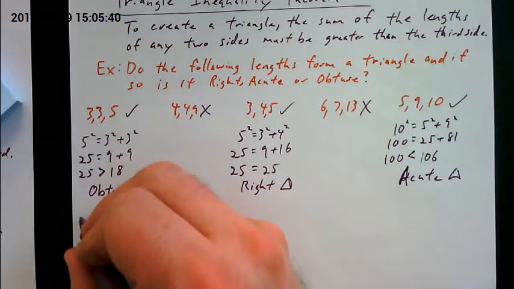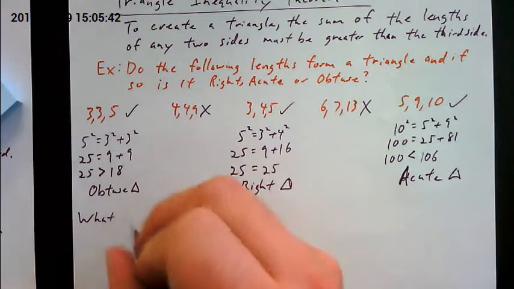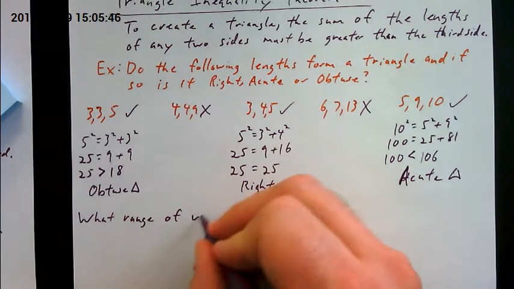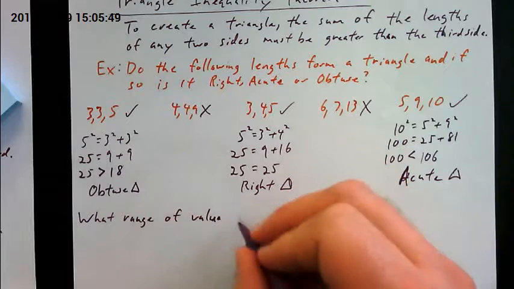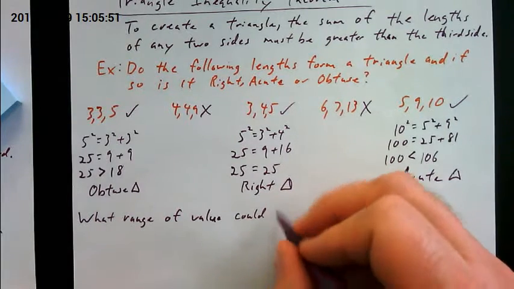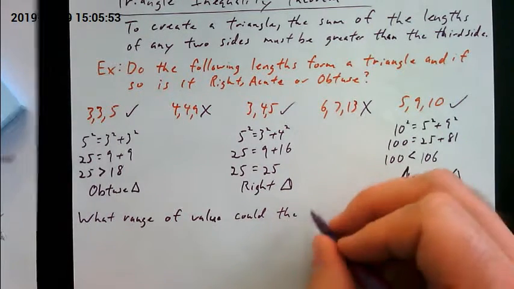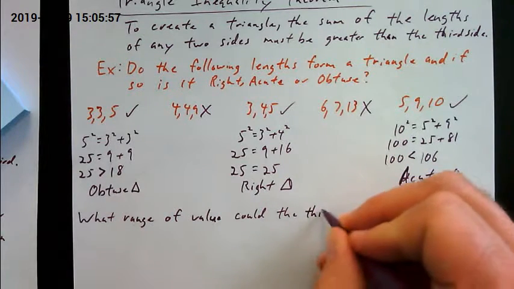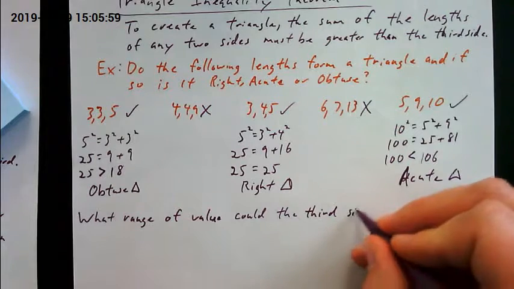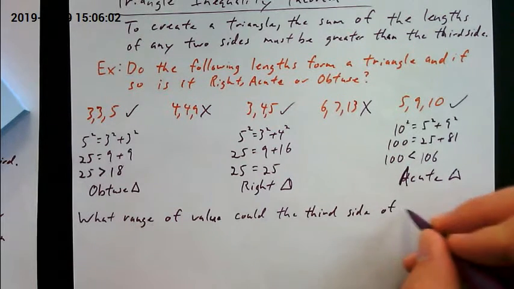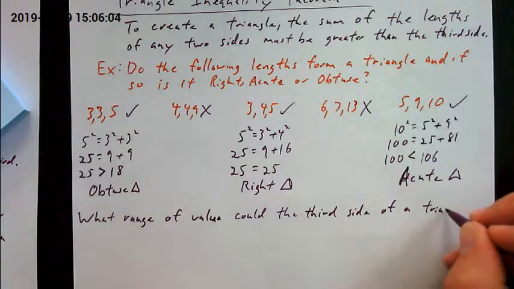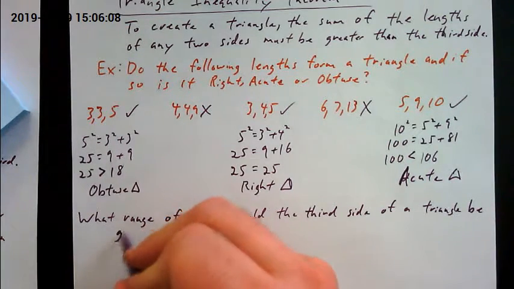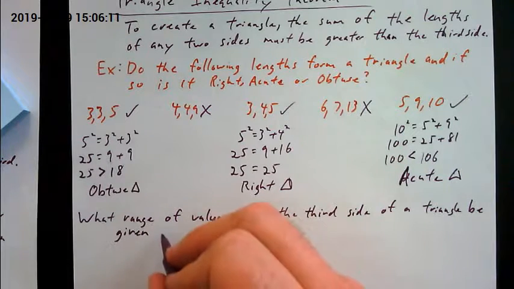So, this next part, we're going to say what range of values could the third side of a triangle be given two